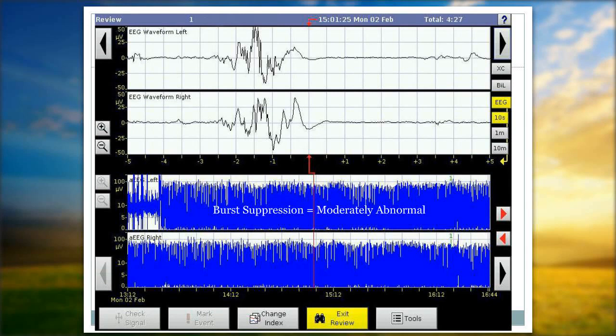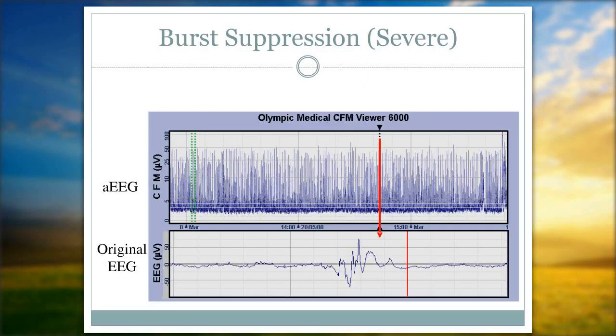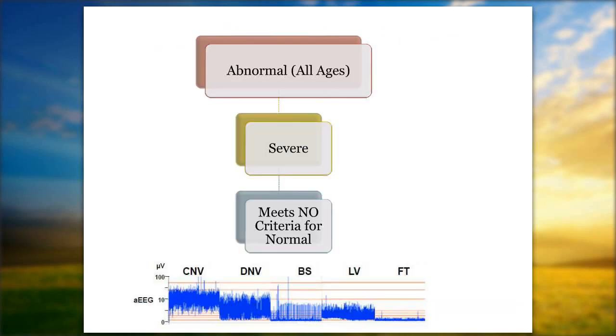And when we see lack of variability at the baseline, that's a really strong indicator that you're dealing more with a burst suppression pattern. Although there may be some extremely premature infants that show an extremely discontinuous tracing that resembles burst suppression, true burst suppression is an abnormal pattern that we don't want to see on any infant of any age. So again, it's moderately abnormal, and depending on how far apart the bursts become, burst suppression is also considered a severe